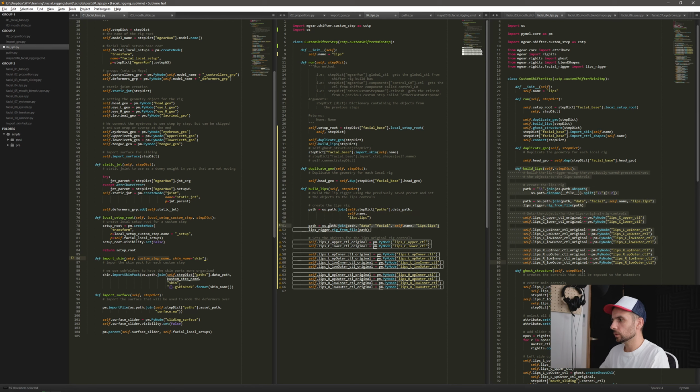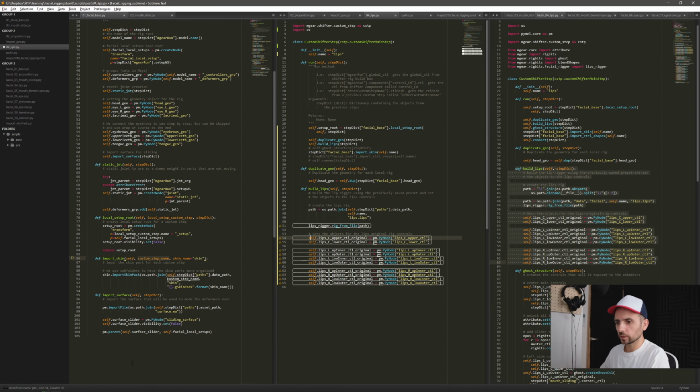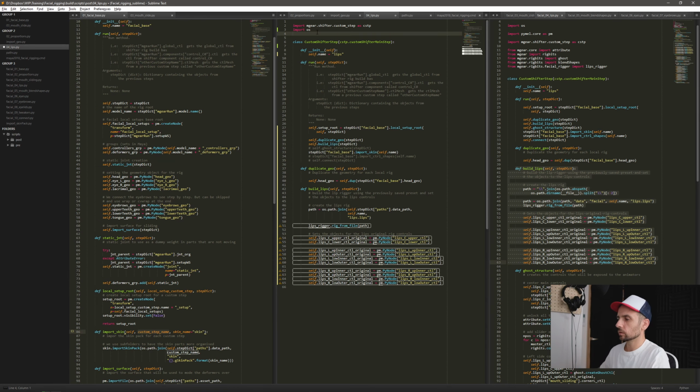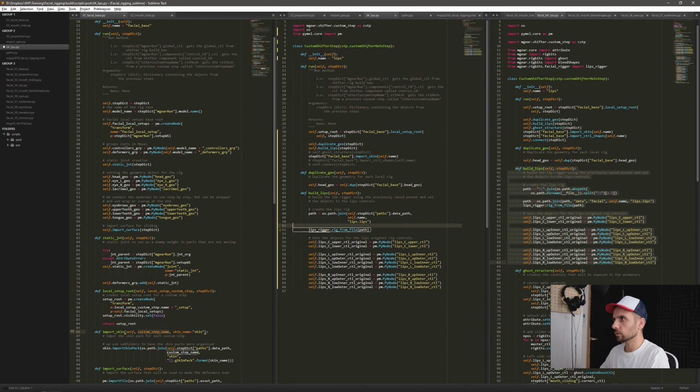So now let's rigger rig from file path. Okay, cool. Now here this is complaining about PM, of course. From ML.core import PM, and of course the lib rigger one that I'm just, let me copy paste this one,